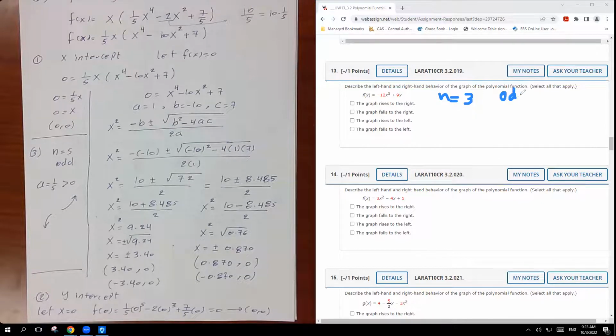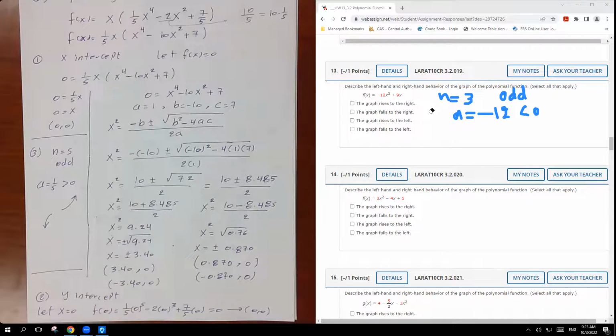So I'm going to say this is an odd number. And a is negative 12. So if a is negative 12, which is less than 0, that means the left side is going up and the right side goes down,